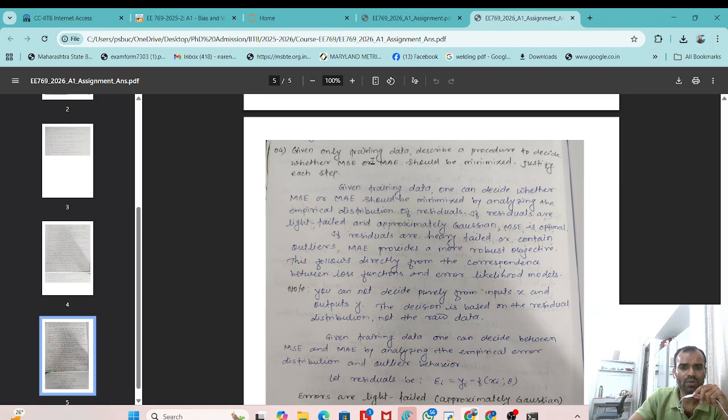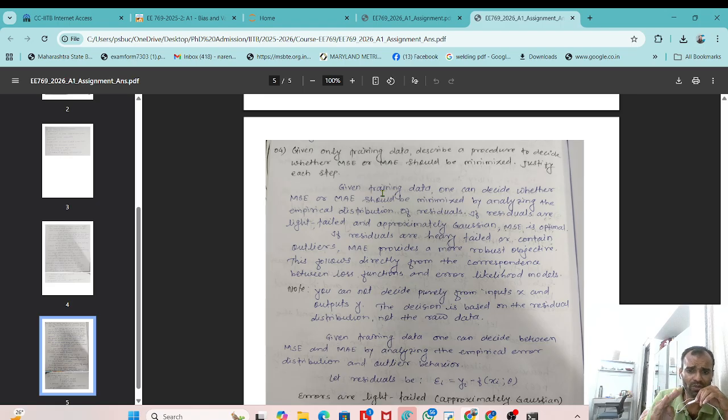Next question is, given only training data, describe a procedure to decide whether MSE or MAE should be minimized. Justify each step. Okay. So as we are using MSE and MAE, by looking at the training data alone it is not possible to decide. So what we have to do is find the residuals. First we have to compute the residuals. After computation of the residuals, we have to draw the histograms and QQ plot or compute the kurtosis value, and from that we can